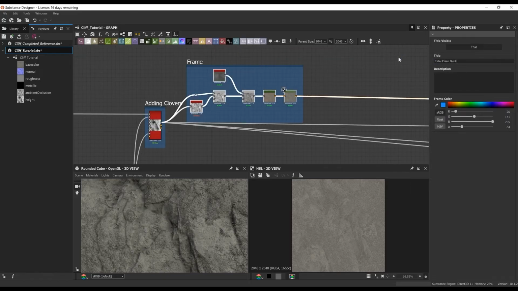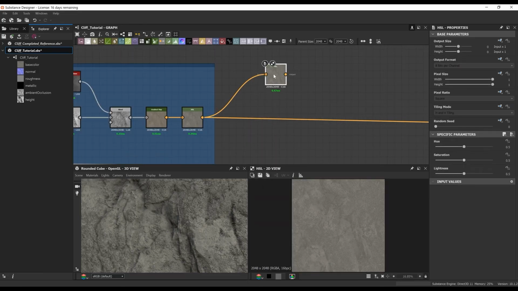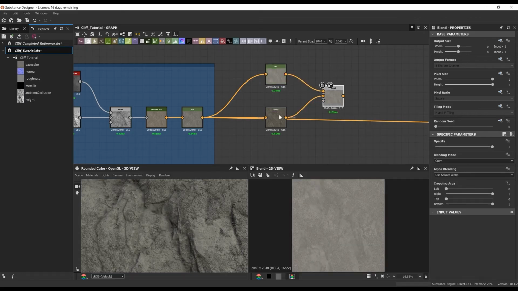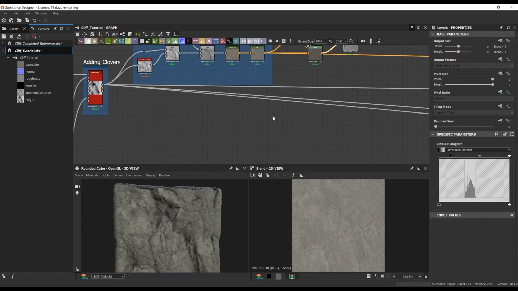Now the colors that I'm sampling are off screen, off our completed graph, so feel free to sample any colors off CG textures or wherever you like. That's always one of my favorite things to do, just grab some photo reference, use the color picker from the gradient, and sample some colors from it.